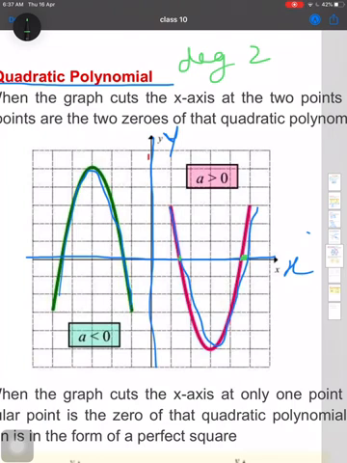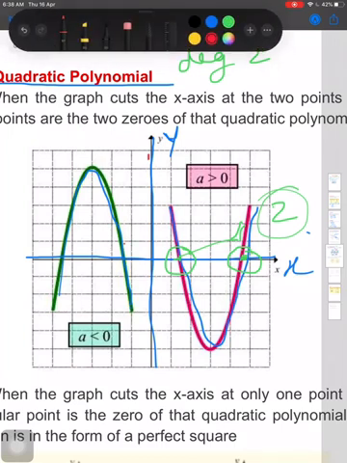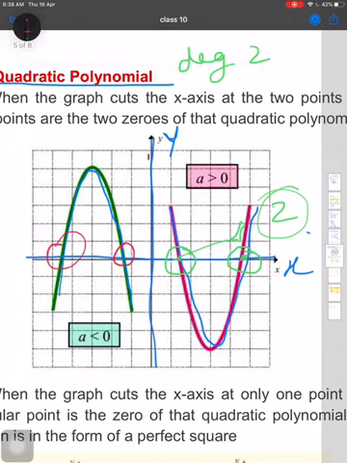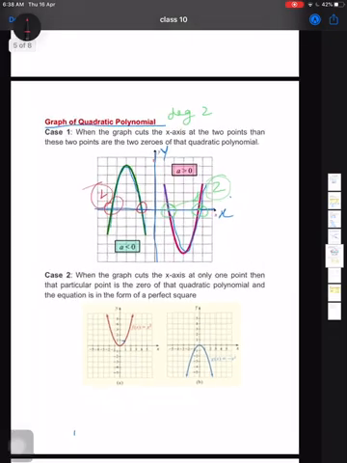Now we will see here also, this one here, it is touching or intersecting the x-axis at 2 points only. So here, how many zeros will there be? There will be 2 zeros. Here again the same, here also you can see how many points there are. So there are 2 points, so again the degree will be 2. So like this you can find out.